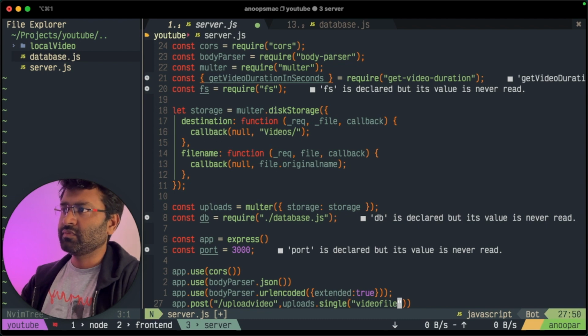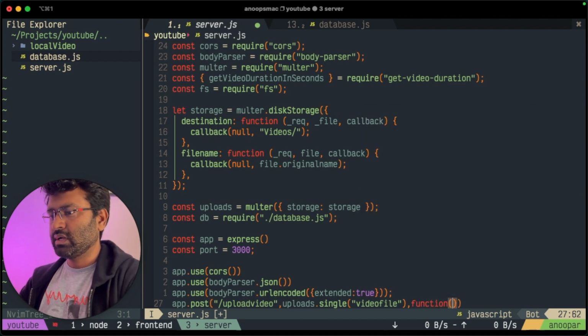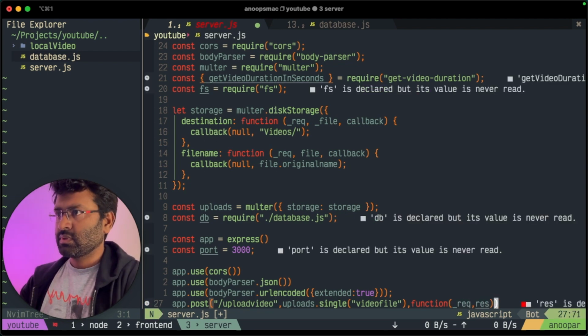This is the name of the variable that we send from the front end. So then I will have a function which has request, response,